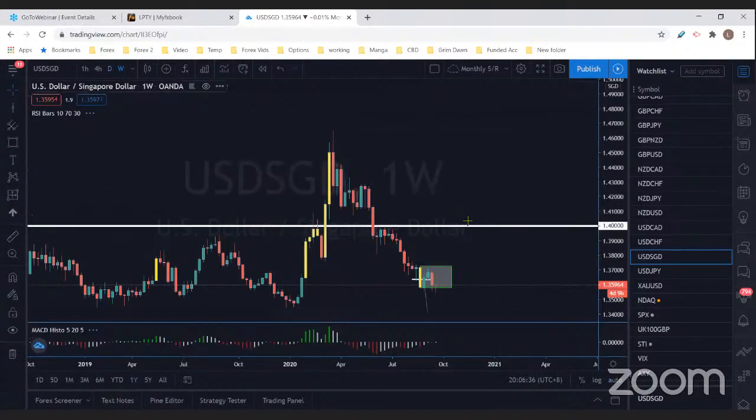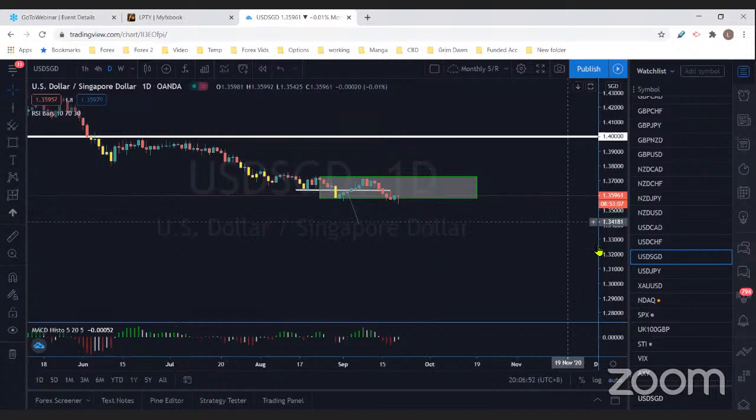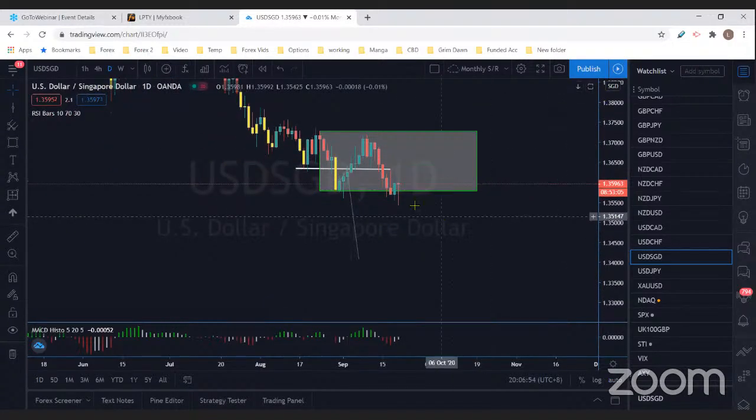On the weekly chart, any RSI that went into overbought or oversold, mark out the high and low, and then just wait for price to actually break. So if it's oversold, wait for price to break the high, go for a retest, or if it's a good break, we can also enter. Sometimes, if you're confident enough, like what is happening now for USD SGD, if you see a double bottom, you can consider going for it. Now, I have to admit that reversal trading is not something that's easily mastered